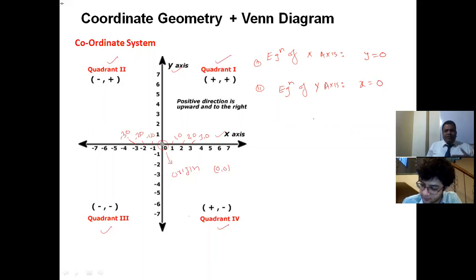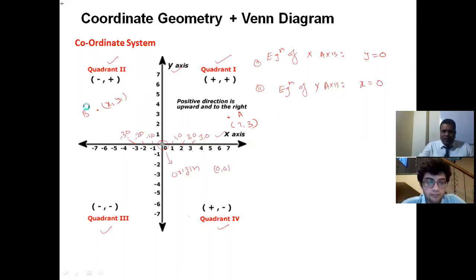Now, let us say you take any point on this coordinate system. Maybe I'm taking a point somewhere here. What is the coordinate of this point? How to know this point A? You can see this point is 1, 2, 3, 4, 5, 6, 7 units right from the origin, and how many units up from the origin? 1, 2, 3. So the coordinate of this one is 7, 3. This is the way we can locate a point, or give the address of the point. Generally, the general address for a point is x1, y1, x2, y2, etc.